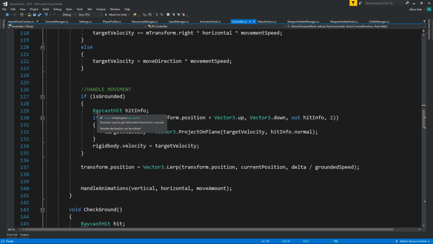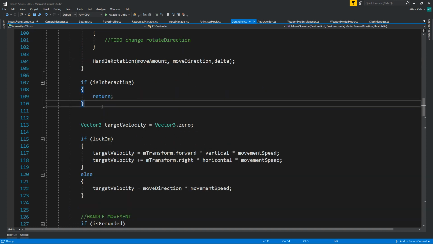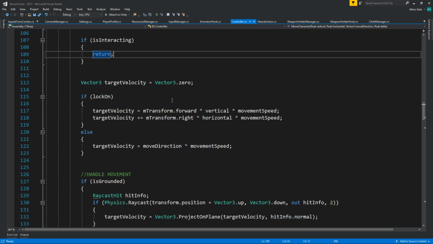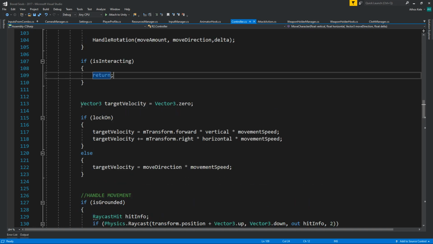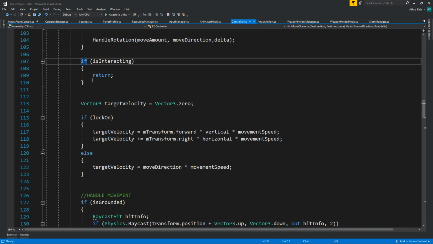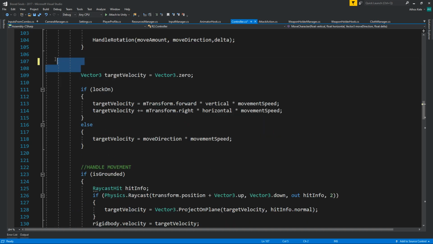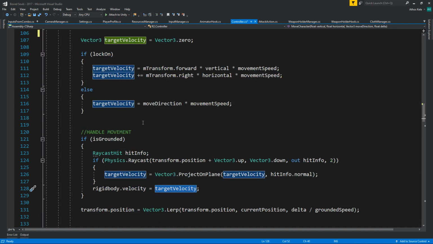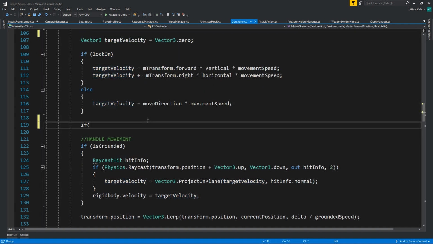Previously, we were handling this via the navmesh agent. We are not anymore, obviously. So that means we need to take into account all of this now happening. So let's cut the is interacting from here, and then we should be down here. So if is interacting,